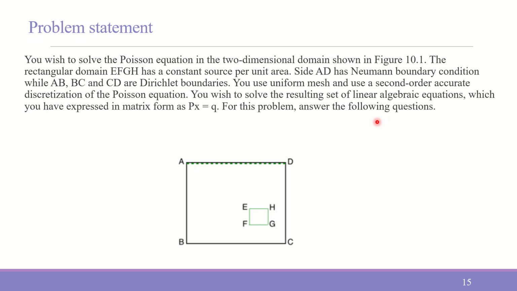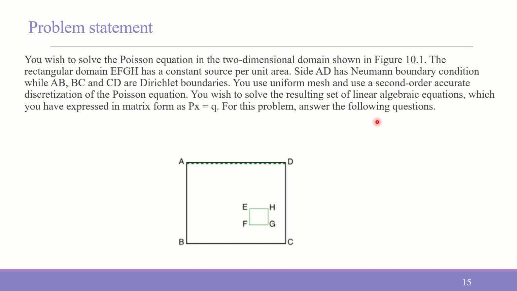So along the side AD, we have the Neumann boundary condition, and on the remaining sides, AB, BC and CD, we are specifying the Dirichlet boundary condition. Now we are told that we are using a uniform mesh and a second order accurate discretization scheme